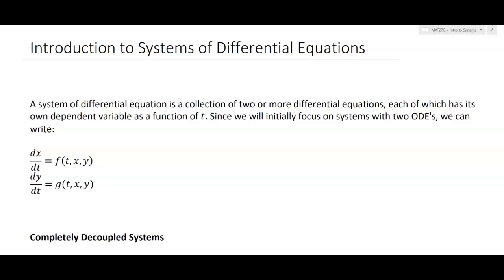Welcome. In this lesson, we are going to introduce systems of differential equations. Previously, we've studied individual differential equations that have modeled one dependent variable at a time, but it's often the case that we have, for example, competing species, a predator-prey situation where we want to model the evolution of both populations and they perhaps affect each other. The prey affects the predator by providing a food source, but the predator consumes the prey, so they affect one